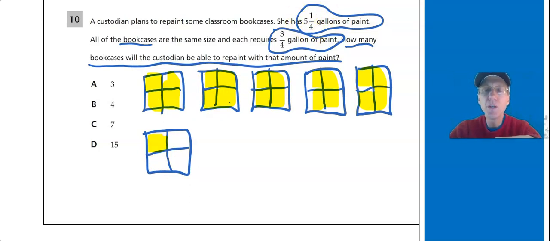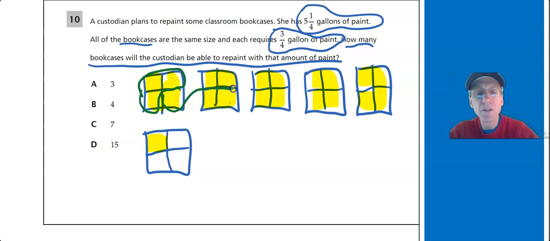Now we want to use 3/4 to make a bookcase. So we could just go in here and say, okay, well, I'll just circle 3/4. There's one bookcase. Let's do another one. I'll circle this. There's another 3/4. Now that's getting kind of messy, so I could just say, you know what? I'll just put numbers in here. There's 1, 1, 1. All of these are used to make one bookcase. On my second bookcase, I can just put 2, 2, 2.